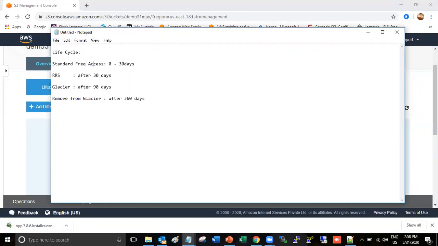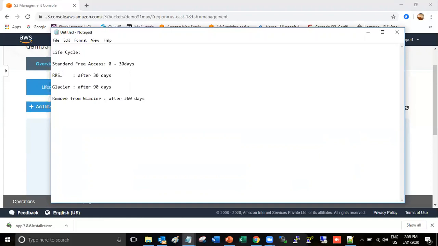So after 30 days, if you want to move your data from standard frequently accessed to reduced redundancy storage, you can set a life cycle for that. After 30 days, the data will be moved from standard frequently accessed to the RRS storage class. After that, up to 90 days, the data will be in RRS.